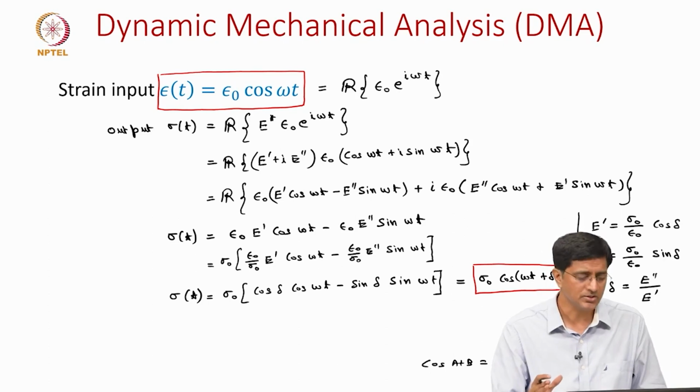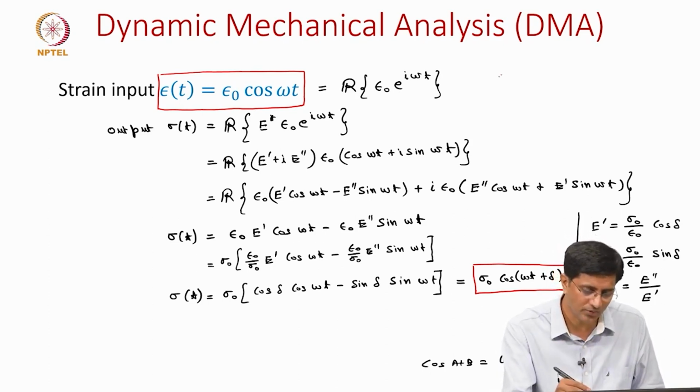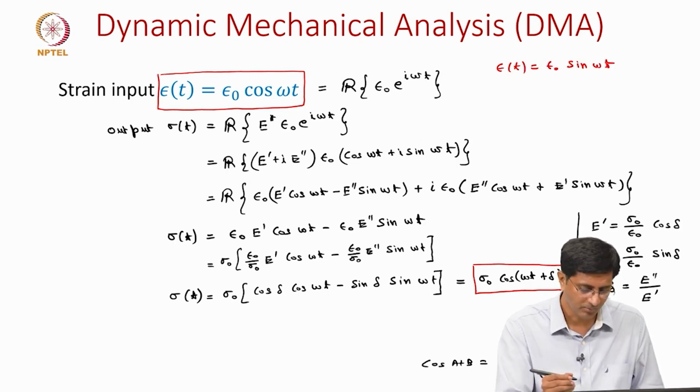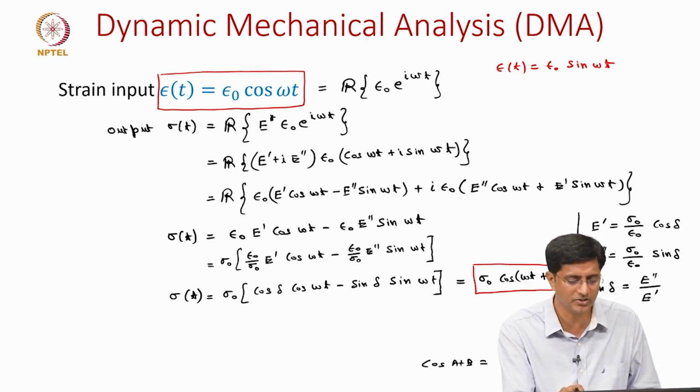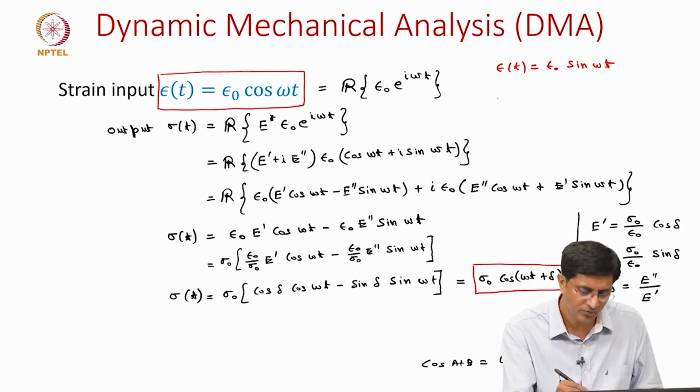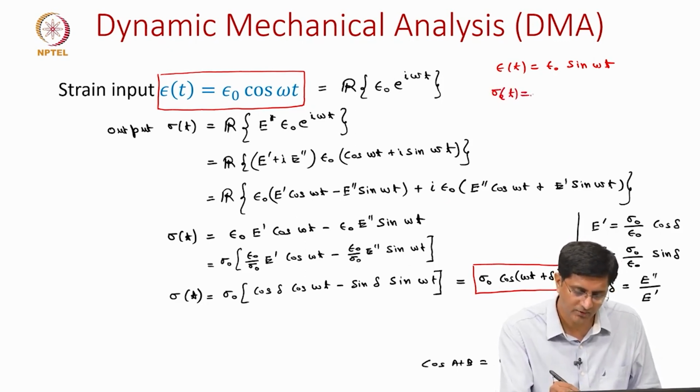So, once we have solved this, one should be able to also solve for the sin input, epsilon naught times sin omega t. By looking at these, instead of looking at the real part, now we will be looking at the imaginary part. So, even in the output, if we only look at the imaginary part, we should be able to write sigma of t as this imaginary part, given as epsilon naught cos omega t E double dash plus